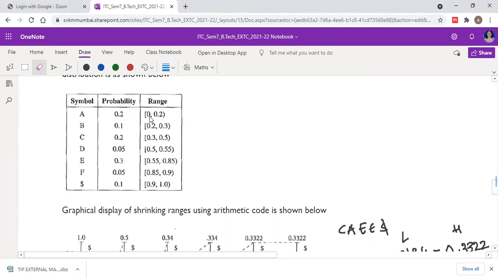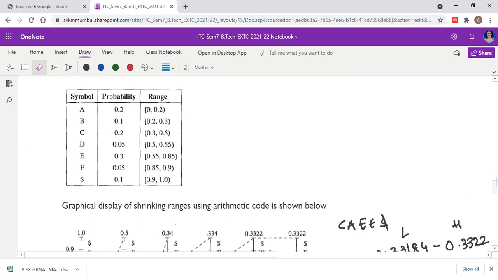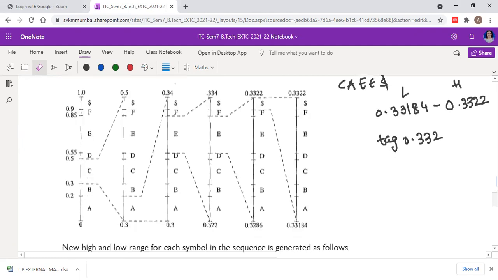Initial interval is defined here as follows. We already know how to define the initial intervals. By using the graphical method of arithmetic code, we can arrive at a tag in the range of 0.33184 to 0.3322 for the given sequence CAEE and this dollar sign.